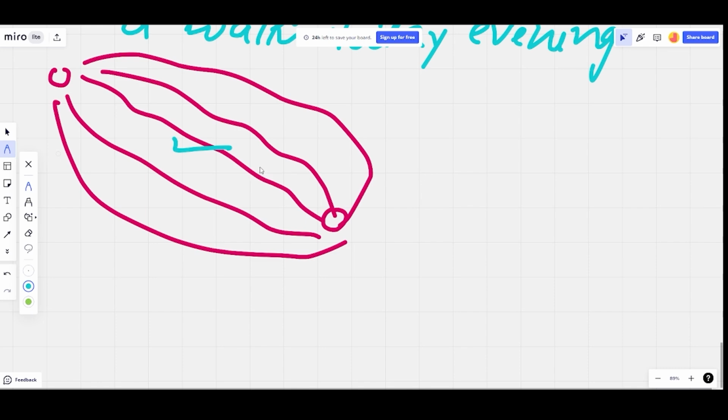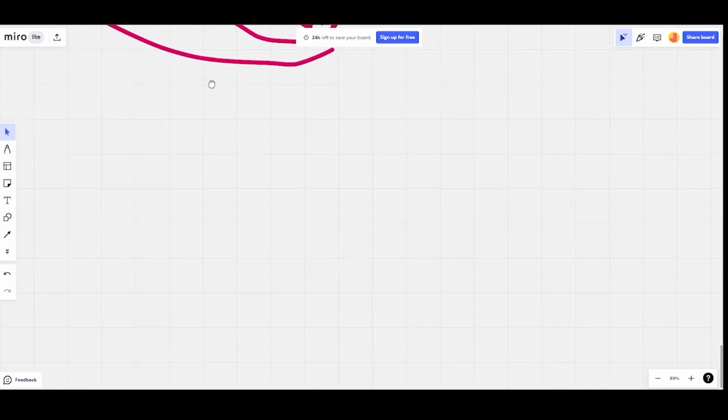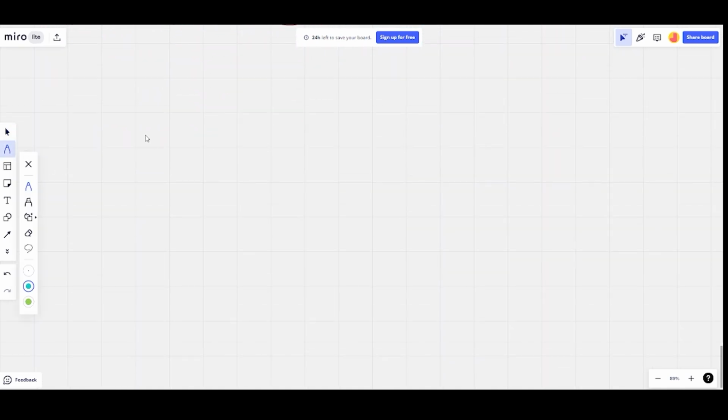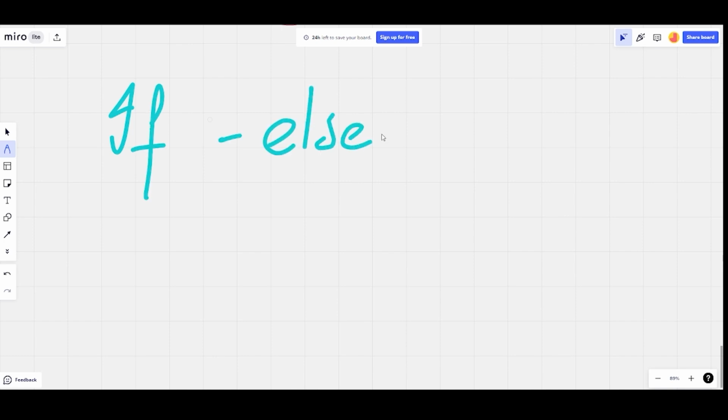But what if I say that there is construction going on over here, so you cannot go through the road? Then you will choose some other road. Now, because of the condition of this construction, you have changed your outcome. Same thing will happen with a program also. And for this, we have all these conditional statements. And today we're going to learn about if-else statements.